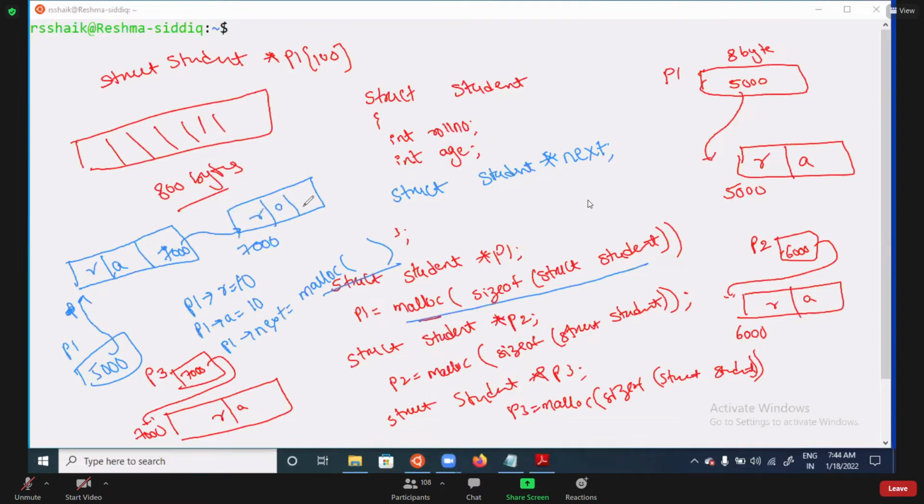Roll number, age, and next pointer: if I need to store here, p1 arrow next means 7000. You need to write p1 arrow next equal to malloc function. That means memory is created, and this memory 8000 is going to be stored in this pointer. If I need to store here, p1 arrow next, like that you need to write.